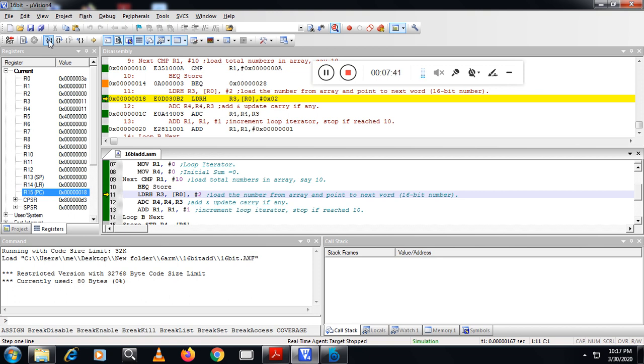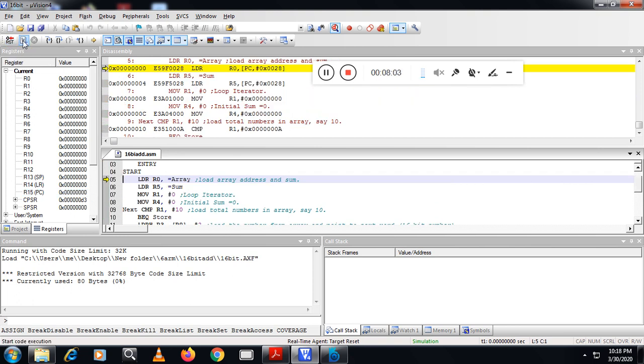Suppose 10 numbers are there, that is 10 iterations; if 100 numbers are there, instead of that, you can directly go to this one. What is this? Execute at once. So I am in between now here. We have executed some of the iterations. So in order to start from the beginning, you can press this reset button. Then click on this one.